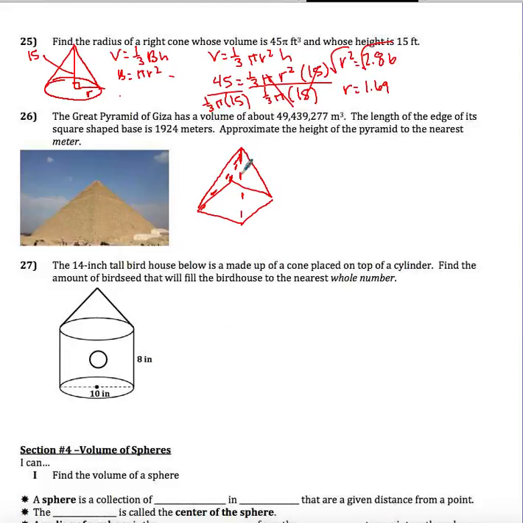The length of the edge of its square base: so one edge is 1,924. And we know that the volume is going to be